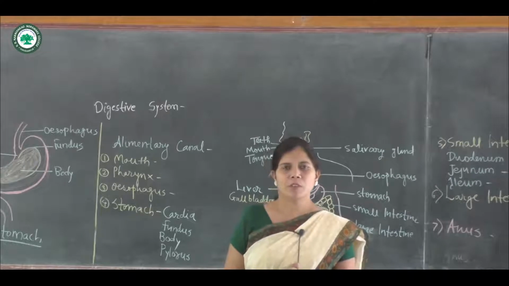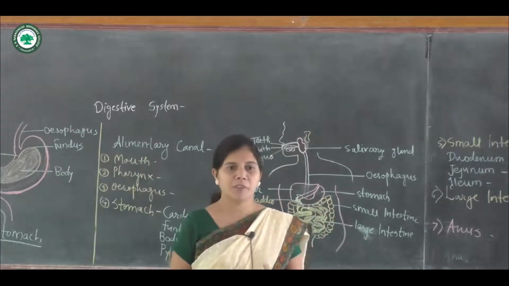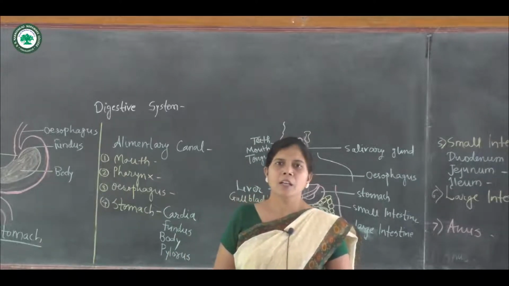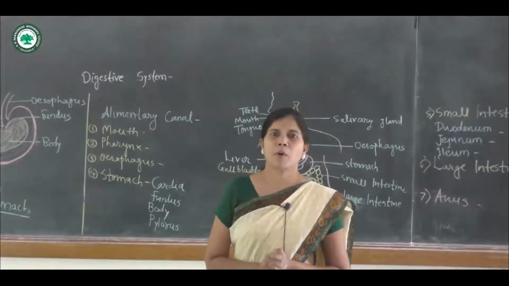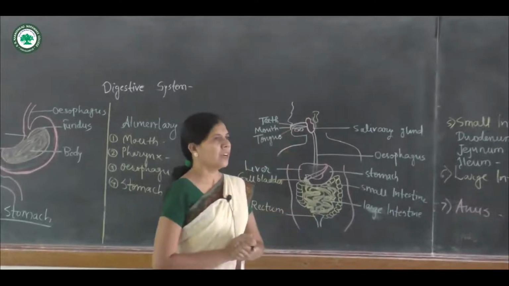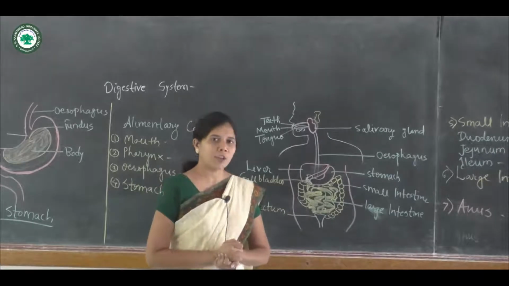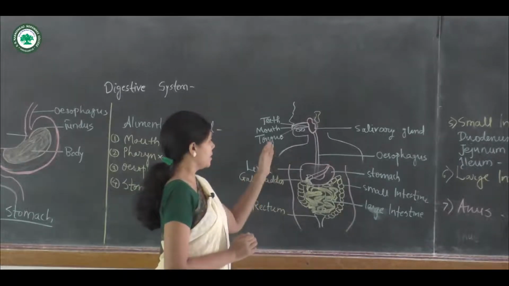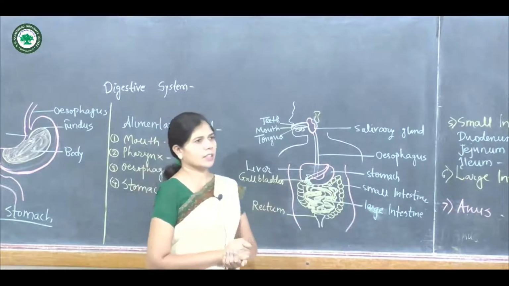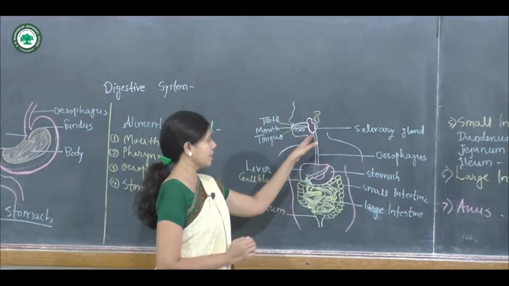In the previous video, we discussed the human digestive system, including the alimentary canal, the mouth, which is also known as the buccal cavity, the teeth as well as the anatomy of the teeth, and the tongue. Next to the tongue there is the pharynx, which we also discussed, and next to the pharynx the alimentary canal joins